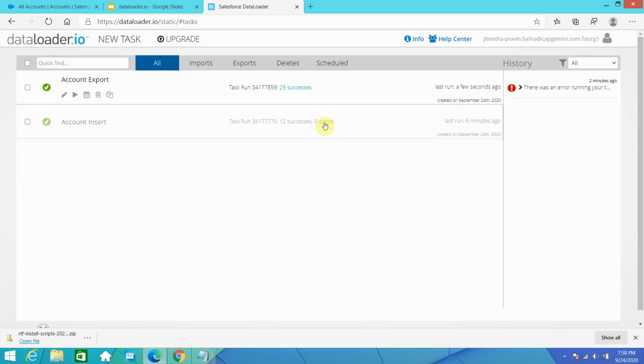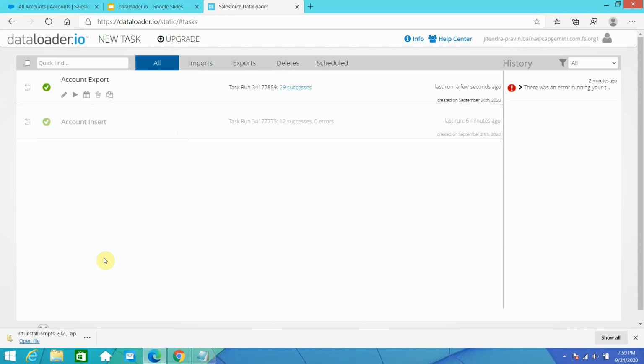And this time it was successful. Previously, the bulk API is not enabled for my account, and it doesn't require it during the select query. It's just required during update or insert.